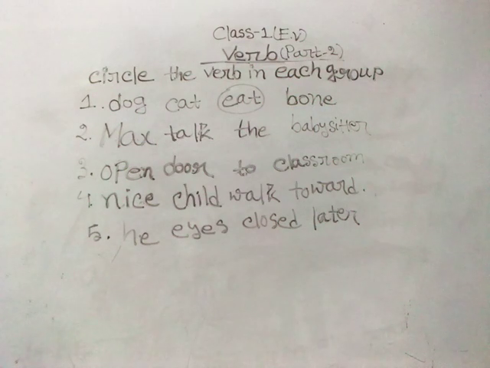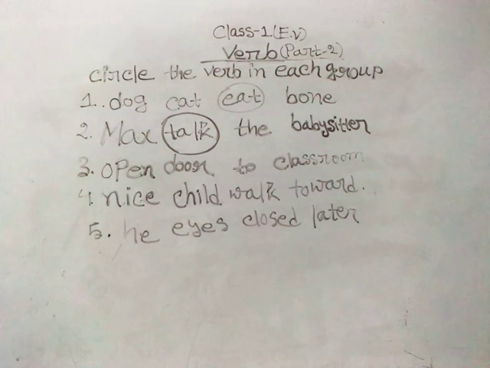So leave babysitter, leave the, or leave Max, because none of these are verbs except talk, because talk means to speak. And if you are speaking, that means you are doing it yourself. That means you are making an effort. You are giving it a motion. That's why talk is a verb. As we found talk as the verb, so what should we do now? We should make a circle over talk. Okay?